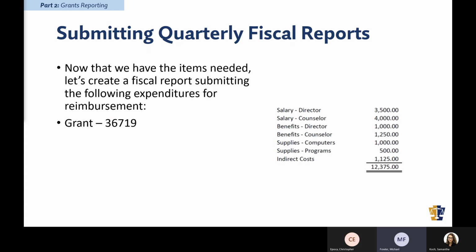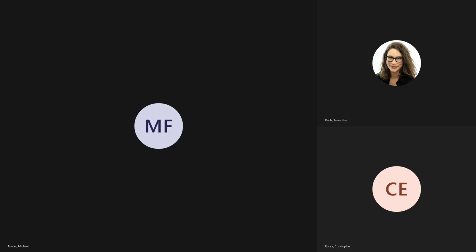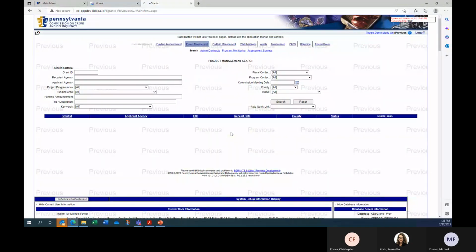From the GL account, we're going to take this information and enter it into our eGrants reporting module. Right here, we created grant number 36719 to walk you through an example.